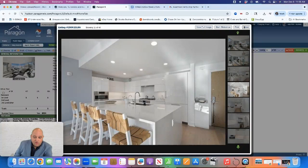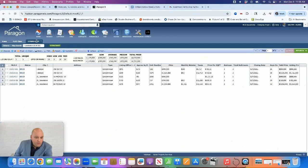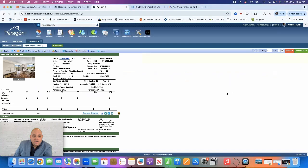And this has gone under contract over at 9 on the Hudson. List price $1,928,000. A couple units that sold in the past week over at Sky Club in Hoboken, 700 First Street, unit